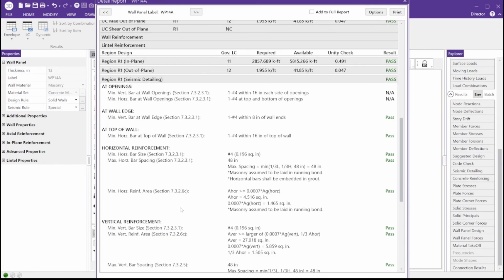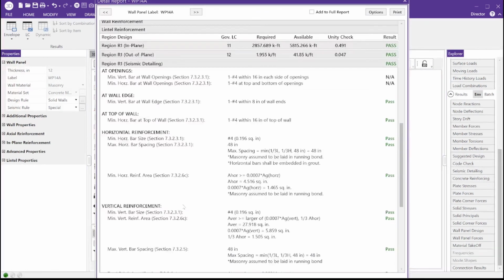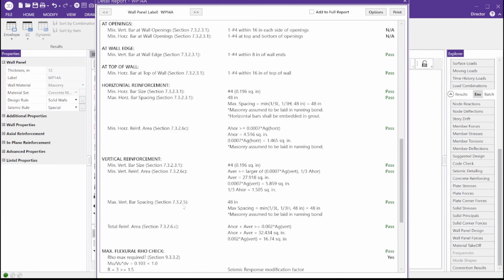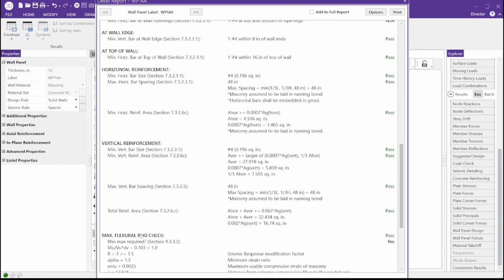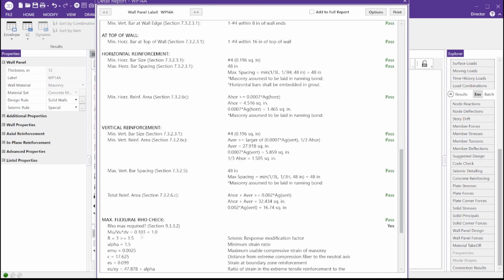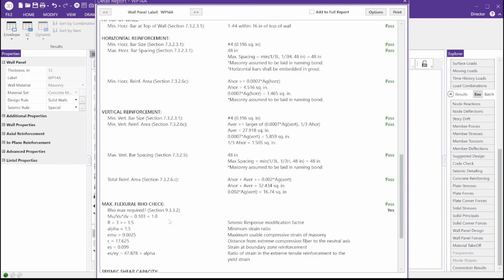Depending on which seismic design rule you have applied, some of the seismic detailing checks will differ. For instance, if you're choosing the route of special boundary elements, you may not see this maximum flexural rebar check, which is specific to the conventional reinforcement route to meet ductility requirements. The seismic detailing checks provided will depend on each of the seismic design rules. So just keep that in mind as you look further into designing your masonry wall panels per the provisions of TMS